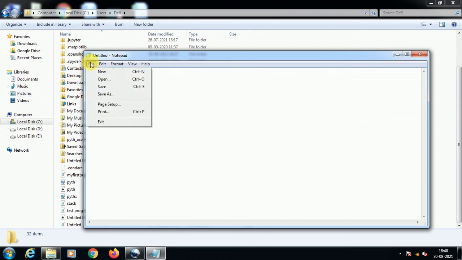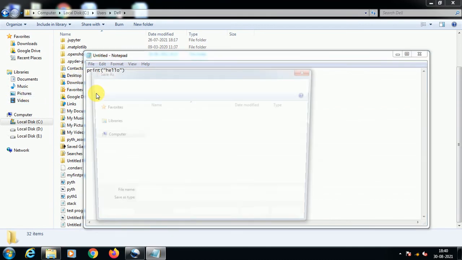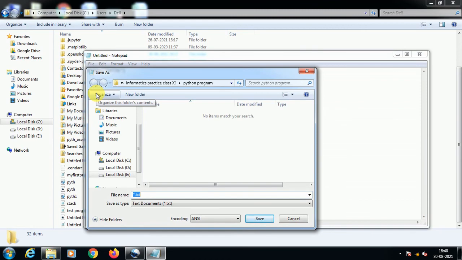After writing the program, we'll save it by using the extension py. We'll save the program with the extension py and save it in